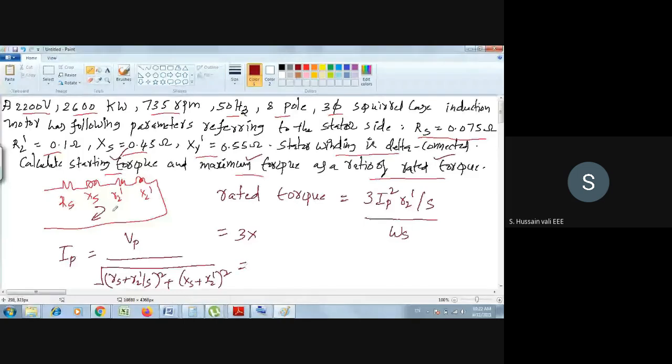This is IP. Then what is VP here? It is the phase voltage. How do you find the phase voltage? In the problem, we are finding the rated, so we'll take all the rated values. He has given 2200 volts. So what is that? It is a line voltage. I told you already that in three phase, the voltage mentioned is by default a line voltage. But we need the phase voltage here. How to get it? It depends upon the type of connection. He said the stator is delta connected. If it is delta connected, phase voltage and line voltage are both the same. So 2200 whole divided by square root of